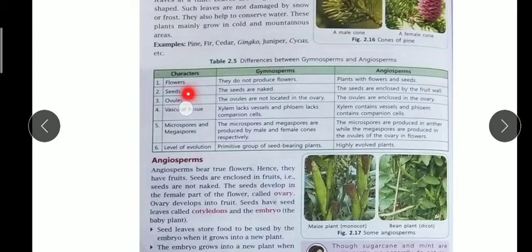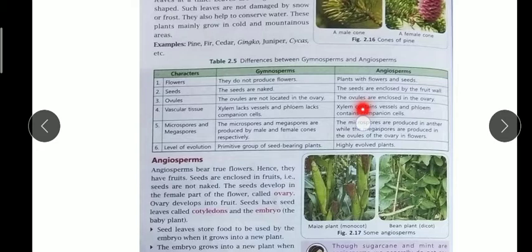Based on the flower, we can see that gymnosperms do not produce flowers, they have cones, whereas angiosperms produce flowers and even seeds. Now in terms of seeds, their seeds are naked, and in angiosperms seeds are enclosed by a fruit wall or seed coat, another membrane. In gymnosperms, ovules are not located in the ovary, whereas in angiosperms, ovules are enclosed in the ovary, and these ovules after fertilization